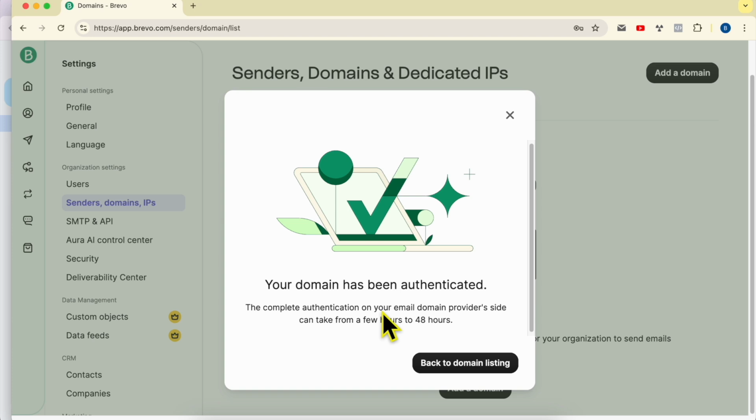For example, the new information that Brevo added to your domain name records can start being detected on the US side and not on the Europe side of the internet. This is why they let you know about this waiting period. Now click on back to domain listing,